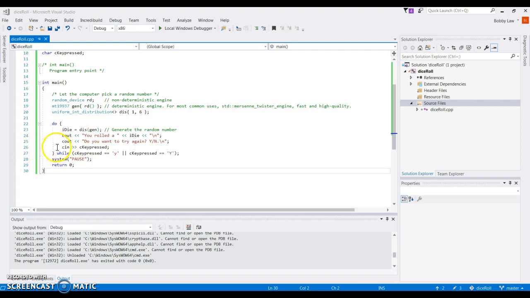Now what we're going to do at line 26 is we're going to use cin, which will allow us to look at the input stream, and it will effectively allow us to get information from the keyboard and store it inside the variable cKeyPressed. And at line 27 we will check the value of cKeyPressed to see if it equals either a lowercase y, or, which is what these two bars mean, or a capital Y. Note also that because we're doing a comparison, it is a double equals that we're using. Okay, bear that in mind. It's usually one place where you can